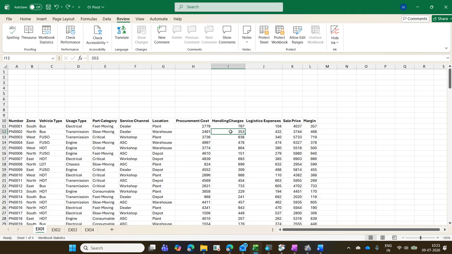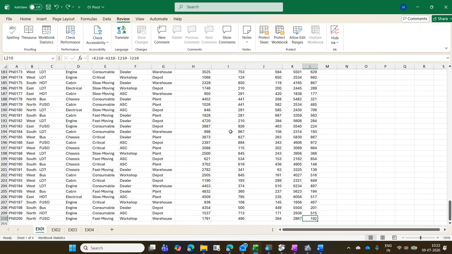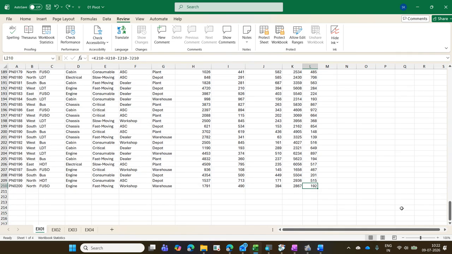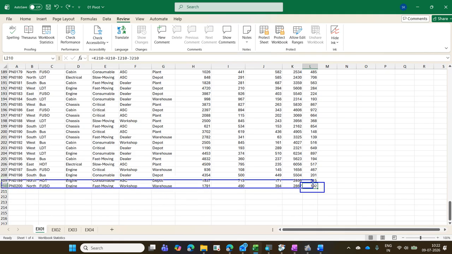Control End. Very good. Superb. On some keyboards you have to press Control End, on some you have to press Control Function End, which will go to the last filled cell. You can see L210. This is the last filled cell. This is perfect. Perfectly correct. But